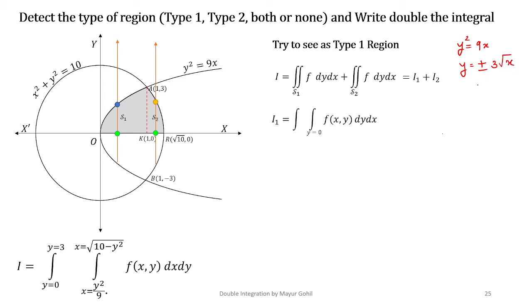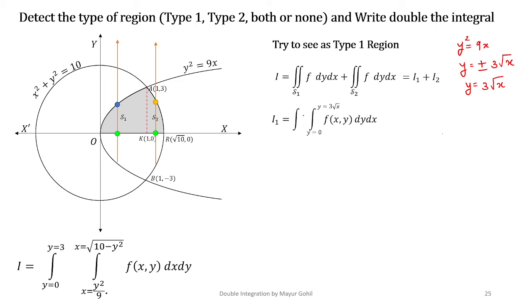Right? Now we have already dealt with the square root. When you take it, you get a plus-minus sign, and how to choose the equation? So over here it is the parabola in the first quadrant, above the x-axis, so y is always going to remain positive, as well as x is always positive, so you have 3 root x into the picture, right? So the upper limit is going to be y equals 3 root x.